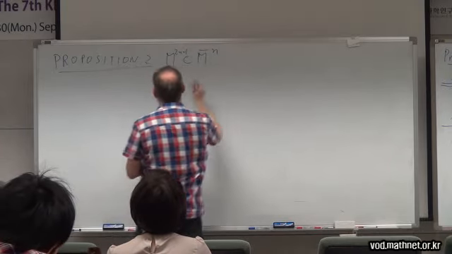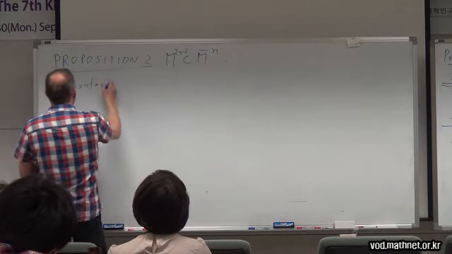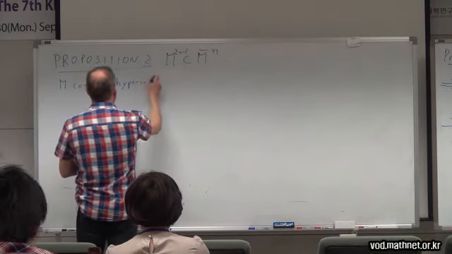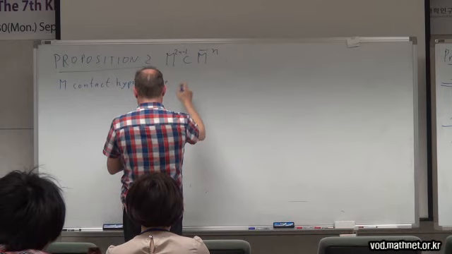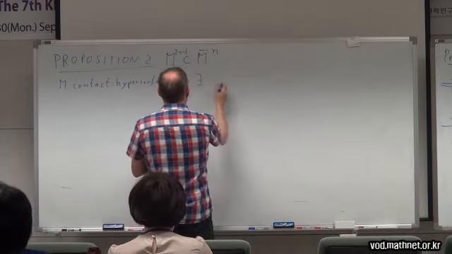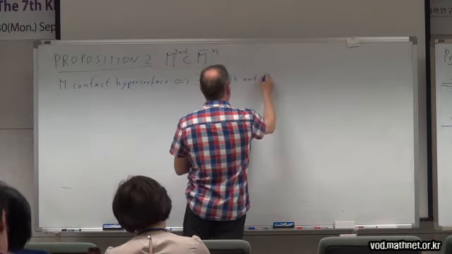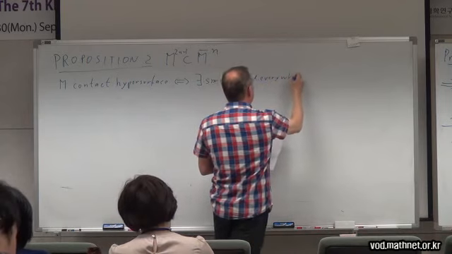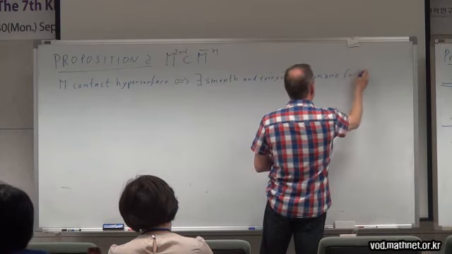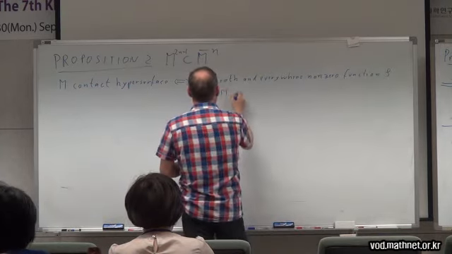So we have this situation, then M is a contact hypersurface precisely if there exists, again I have to write all this, a smooth, everywhere non-zero function rho on M